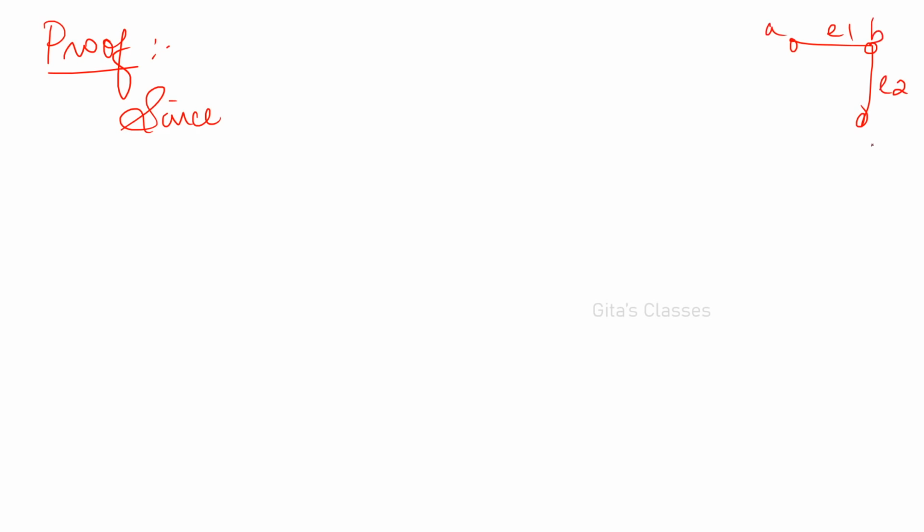So let us prove that. The proof is also a very simple proof. If you want, you can give some example also, but it is not required. So the only thing is you have to write like this. See, suppose you have a graph here, E1, E2, and if you have a loop here, this is E3. If you consider any edge, it is contributing to the sum of the degrees. Sum of the degrees means you have to add degree of A, degree of B, degree of C. So E1 is contributing to the sum of degree.